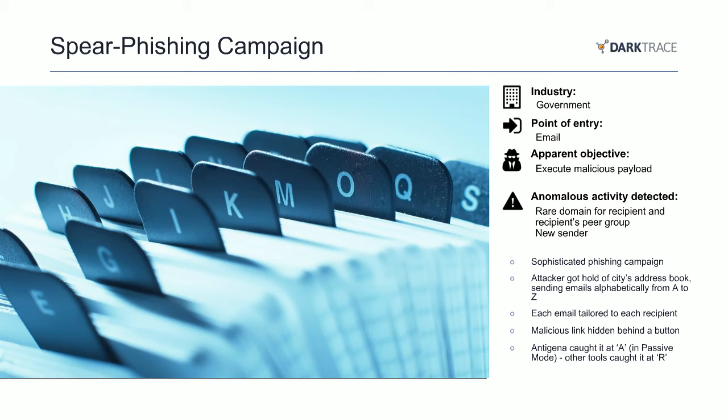And all of these subtle behavioral anomalies led to this being detected straight away, and the links were stripped, so no damage done. But I found this incredibly interesting because I used to work in the SOC and know how difficult it is to get hold of spear phishing or whaling attacks. And seeing this without the use of any